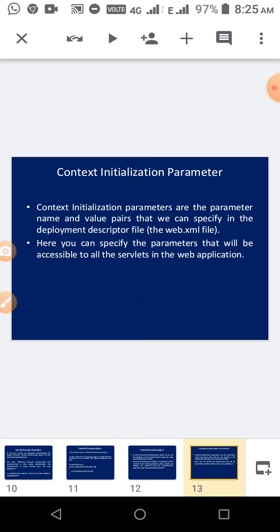Context initialization parameters are the parameter name and value pairs that we have specified in the deployment descriptor file. As I already told in the web.xml example, all the details are available. If we create a context object, any servlet in the application can access it by using this context.